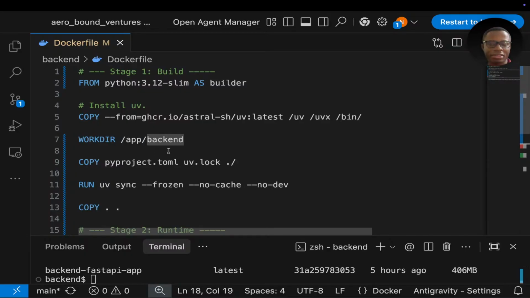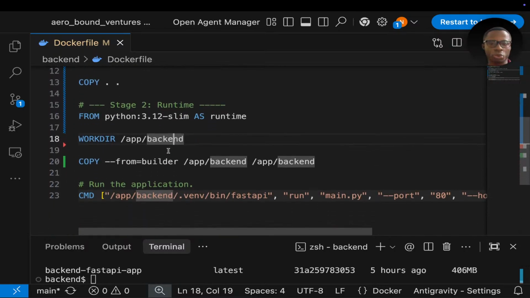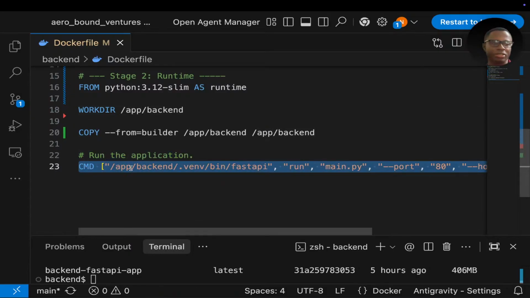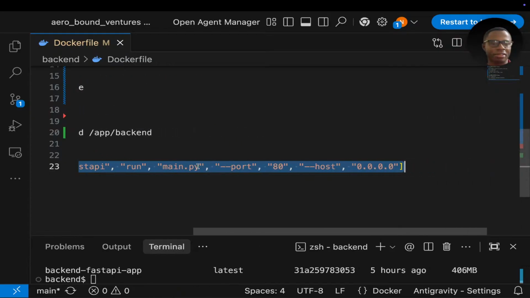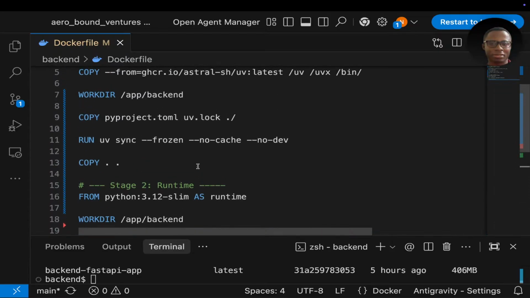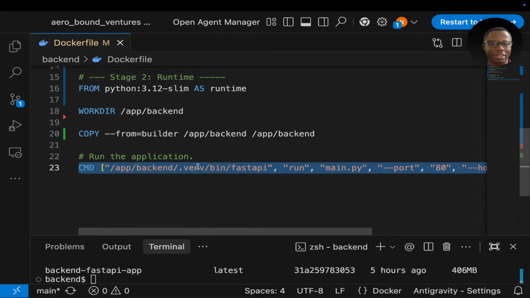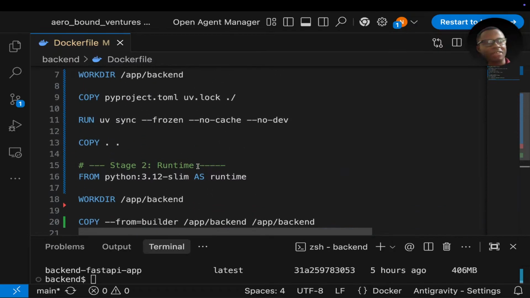After that, the next thing I want to do is to actually, I think we're done. We can now run the application. Say app backend, the command that we had before for running the backend. So that is it. With this we have achieved a multi-stage build, but there's something even better that